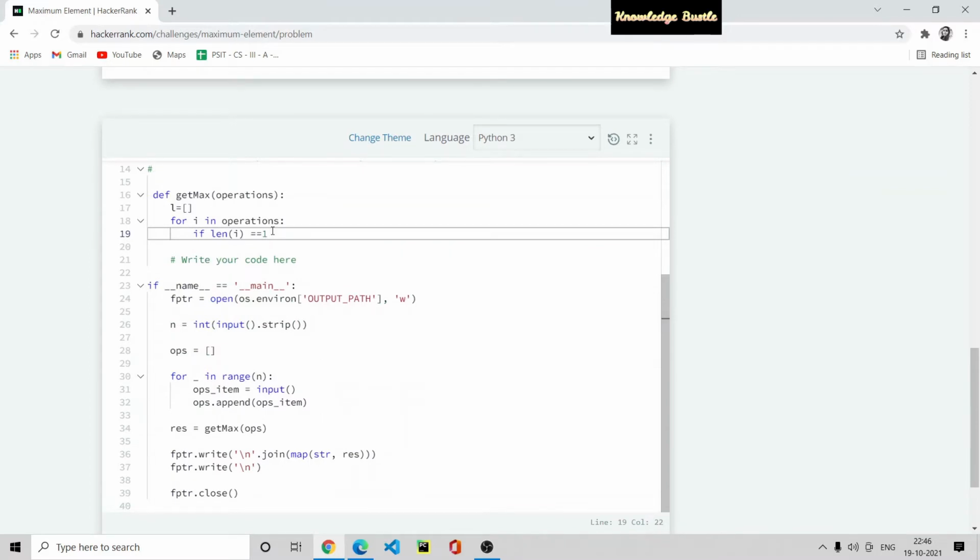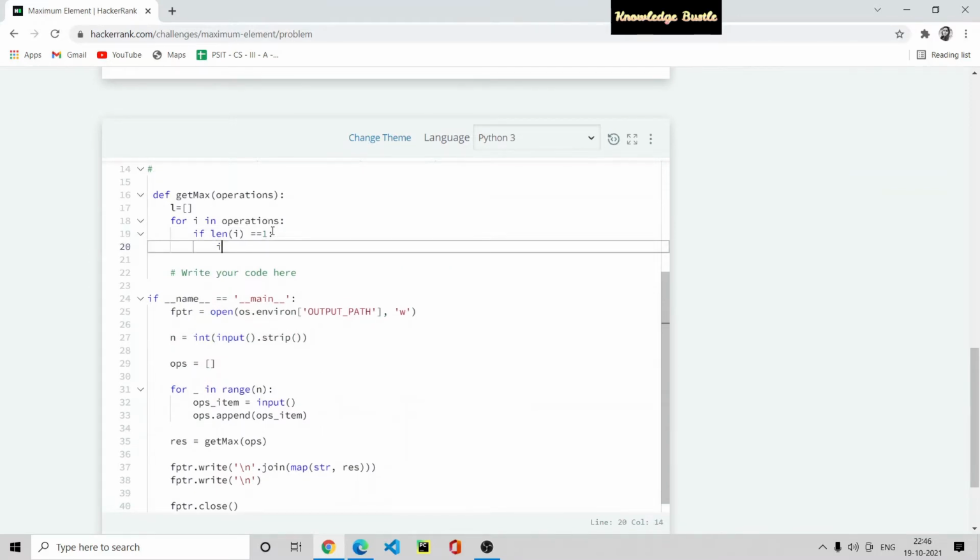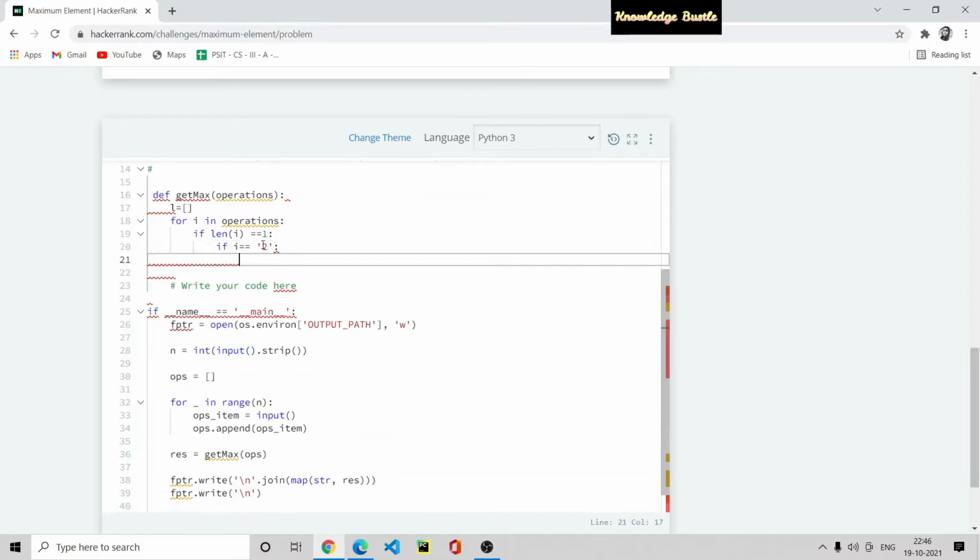If the length of i is 1, then we again check a condition: if i is equal to 2. Here 2 is an integer, but see this: we take input in the form of a string, so we need to check it as a character. 2 is a character here, not an integer.